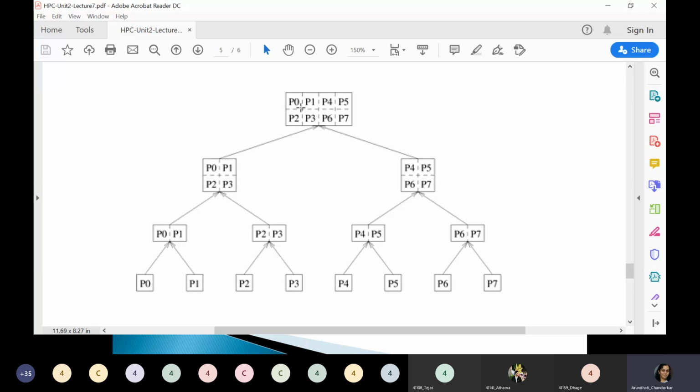If the problem is like this, there is a root task. The whole array, instead of going from bottom to up, you are going from top to bottom. This is your last, hierarchical. The whole array is with the root, and you just go on distributing from the root. The whole array is with the root, and all the processes P0 to P7 are also with the root.